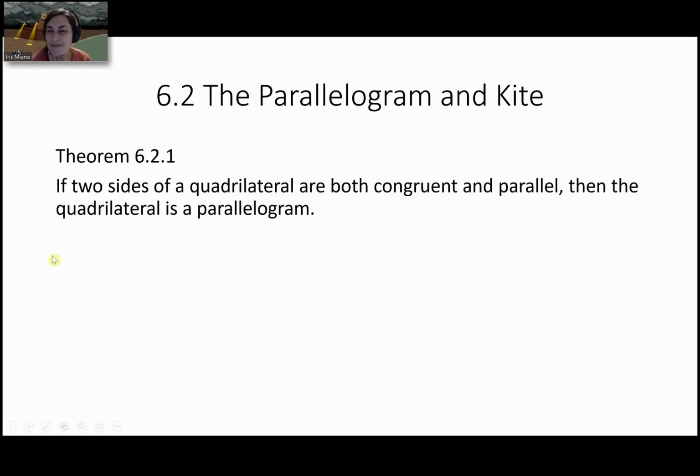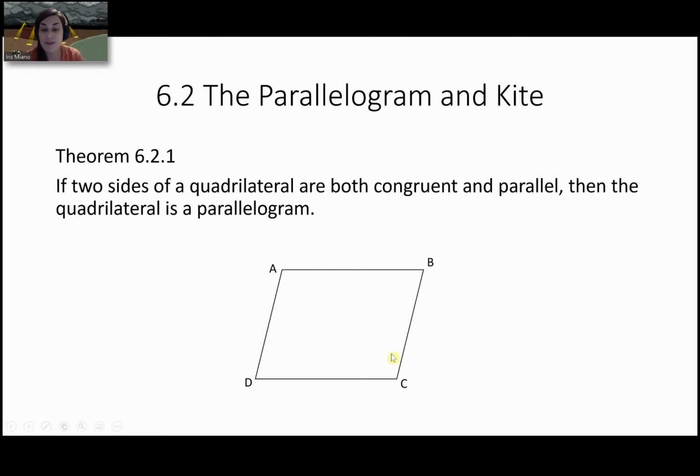So let's go ahead and read this first theorem in the next section, section 6.2, and it reads, if two sides of a quadrilateral are both congruent and parallel, then the quadrilateral is a parallelogram. Cool. So this probably sounds a bit familiar, right? But I want you to look carefully at the wording, because what's being stated here is that you have to have some specific elements in play, and then you can prove, using this theorem, right, that a certain quadrilateral is